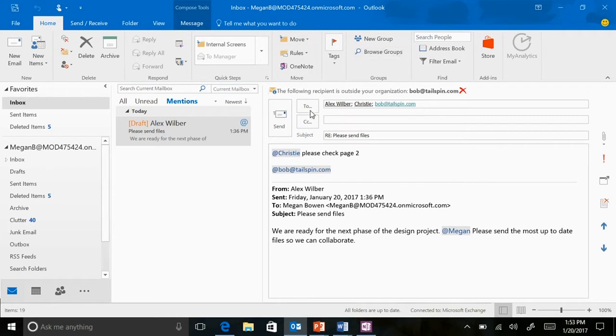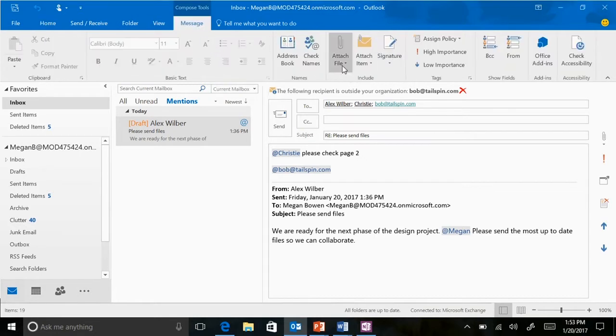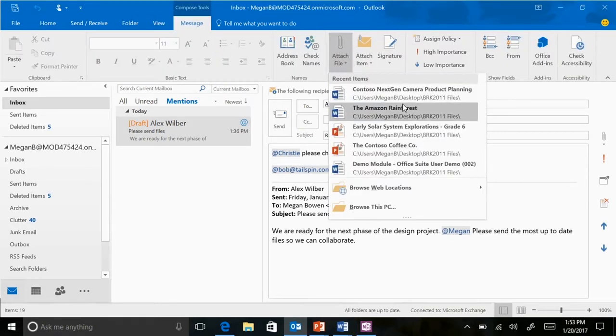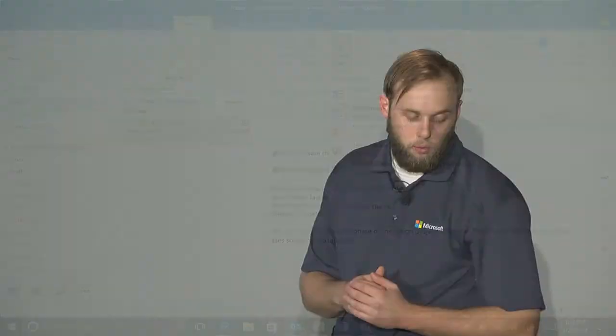Some of the other attachments that we can look at is, let me go back to the message here, attach file. And these are your recent items. These could include things from OneDrive. It can include your local desktops. And this really hasn't changed much. Everyone likes to see their most recently used items. But the nice part is let's say I was just working on a document for an hour or however long, and I know that I'm going to need to send it out.